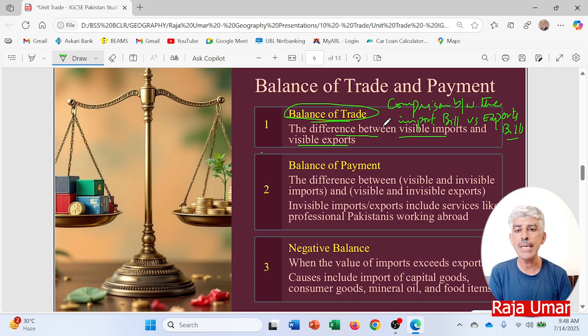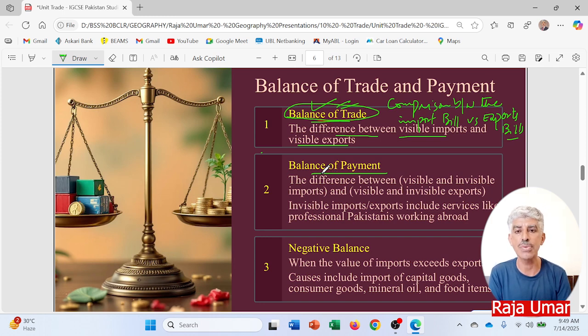On the other hand, if the country's exports are higher than the country's imports, the country is earning more foreign exchange and spending less, it means that the savings factor is there. That is what we call the trade surplus, right? And this comparison between imports and exports is known as the balance of trade. And balance of payments, when we include the services in the imports and exports,